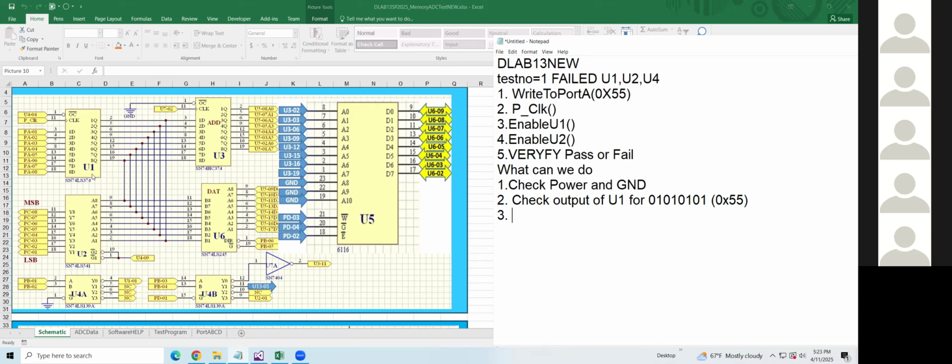When I say check the output, that means you have to use the DMM to measure U1, pin 2, pin 5, pin 6, pin 9, and so on. Okay? If the data is good,